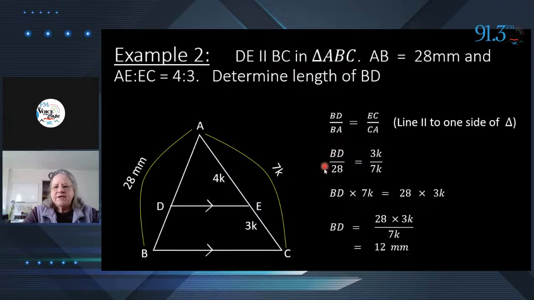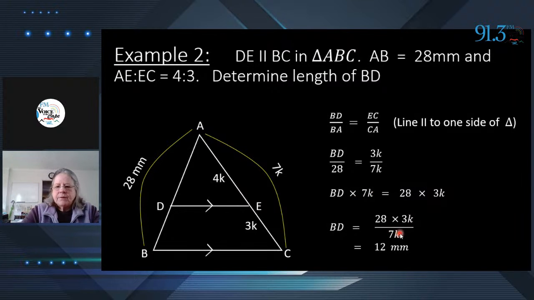Basically how you would see cross multiplication is you are getting rid of the fraction. And we do it by doing cross multiplication. So BD times 7K is equal to 28 times 3K. We want to know the length of BD, so we get BD alone. So we have 28 times 3K divided by